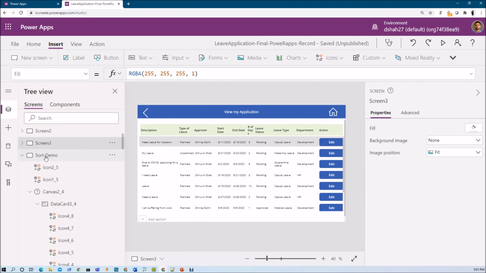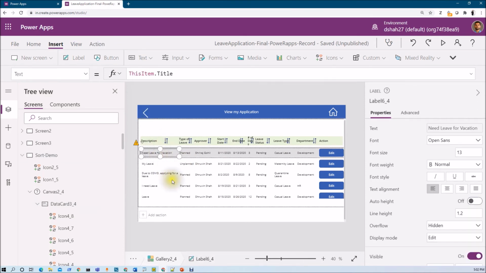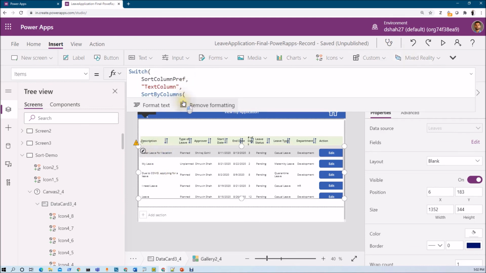Now one important thing we need to remember here: by default, when you come to the page for the first time, it will not show any data to you, because inside the item code we have passed the sort column preference value, right? Now what we need to do is on visible of the page, let's pass sort column preference by description, so it will automatically sort the data based on the description column.